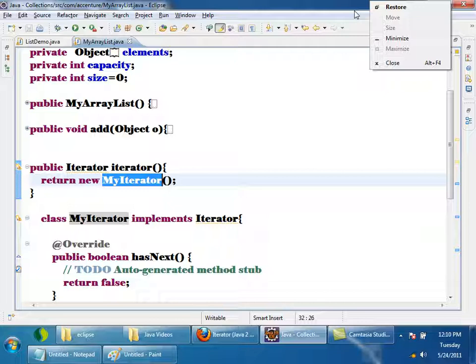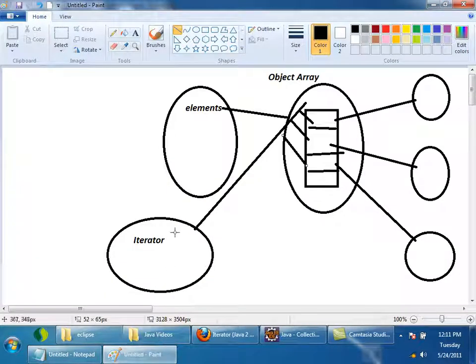Now, for the first time I said the iterator will be pointing to the -1th element. In the diagram I showed you, whenever I get an iterator for the first time it will be pointing to the -1th location of this array, right?